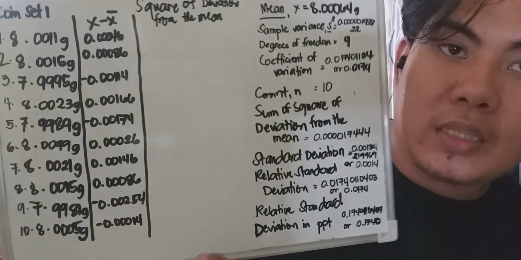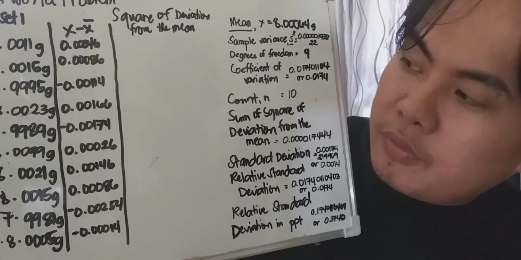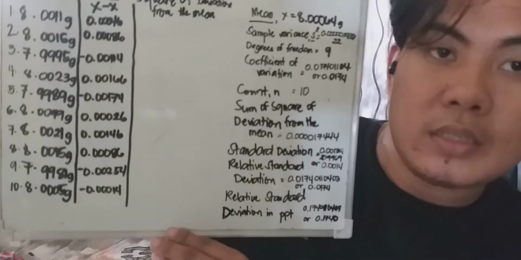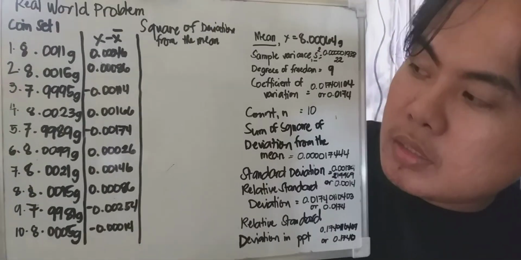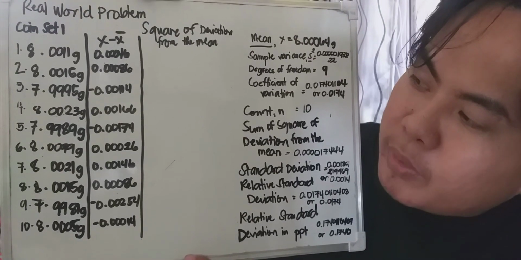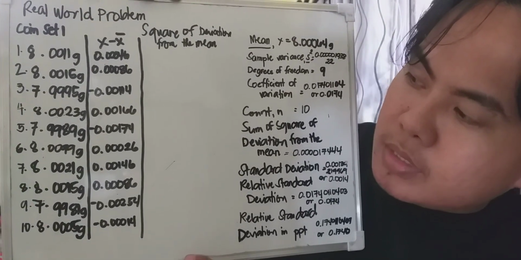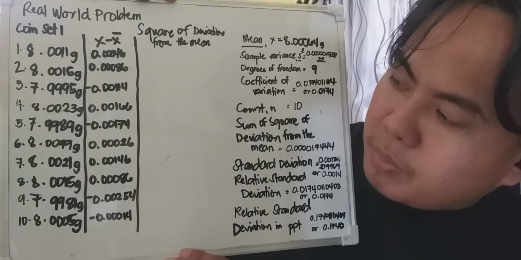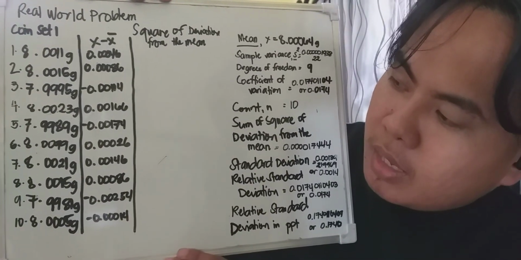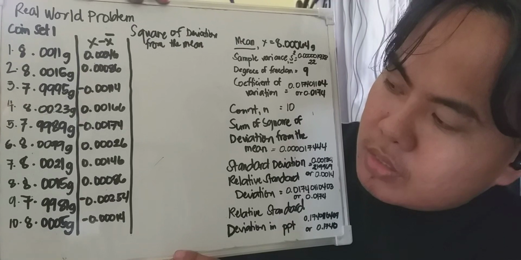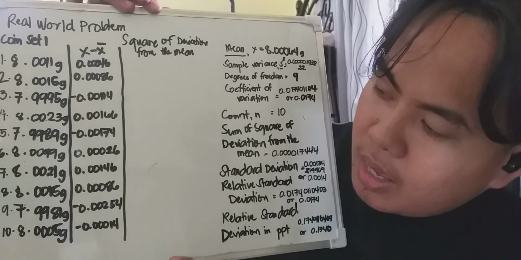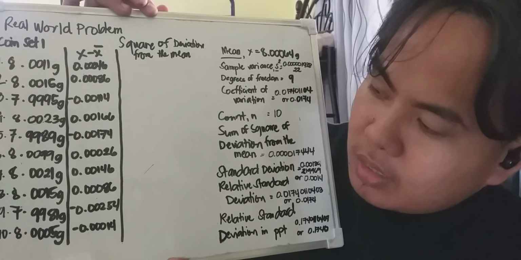Let me bring it closer so you can see. In the fourth coin, we have 8.0023 grams. And number 5 is 7.9989 grams. 6 is 8.0099 grams. 7 is 8.0021 grams. 8 is 8.0015 grams. 9 is 7.9981 grams. And the 10th coin is